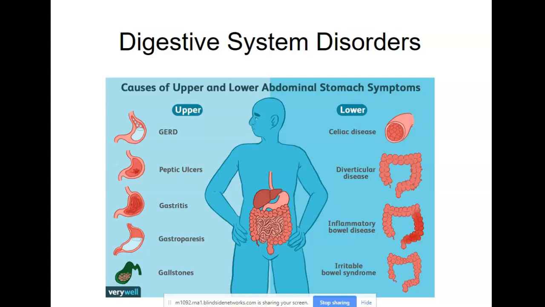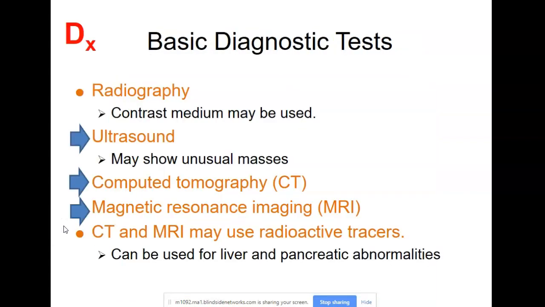All right, so in the way of digestive system disorders, before we get too deep into it, I think it would behoove us to really discuss basic tests. Like, how do we even examine the GI tract in general? Well, you can do so with radiography. I'll talk a little bit about CT and MRI, but this is thinking more with an X-ray. So there's kind of a flip side to this, because with an X-ray, you're really only looking at